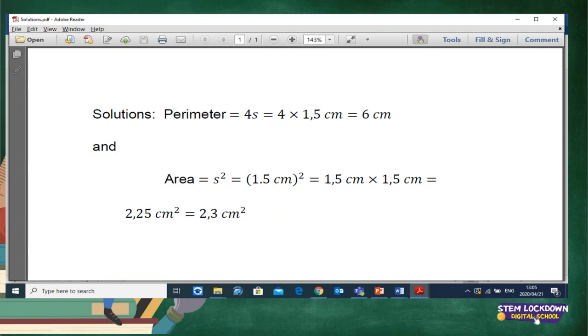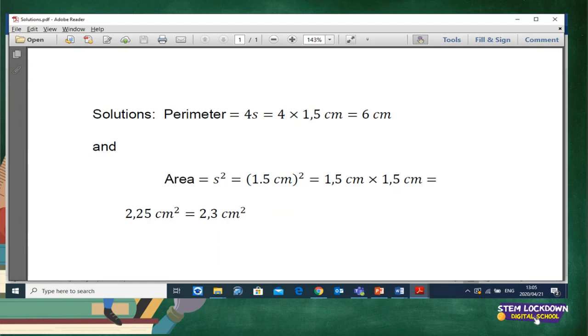And the area, A is equal to s squared. And what is the value of s there? The value of s is 1,5 centimeters. And this simply means you multiply 1,5 by itself. So you multiply 1,5 by 1,5. And of course, 1,5 times 1,5 will give you